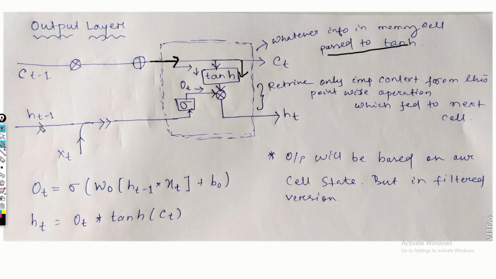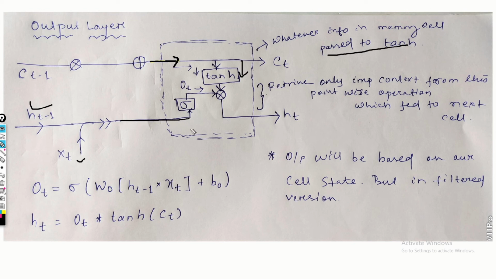And again, whatever the previous output is, st minus 1, and the current timestamp input. So what is this particular input? It is all the words in the sentence, like Sam, eats, paratha. Each word will be passed through this particular timestamp. So, as we have already seen,